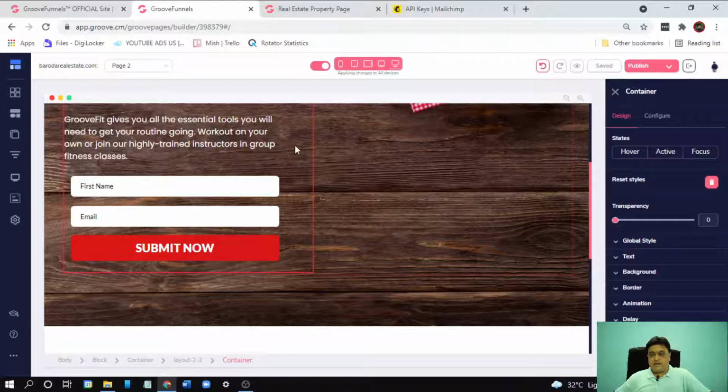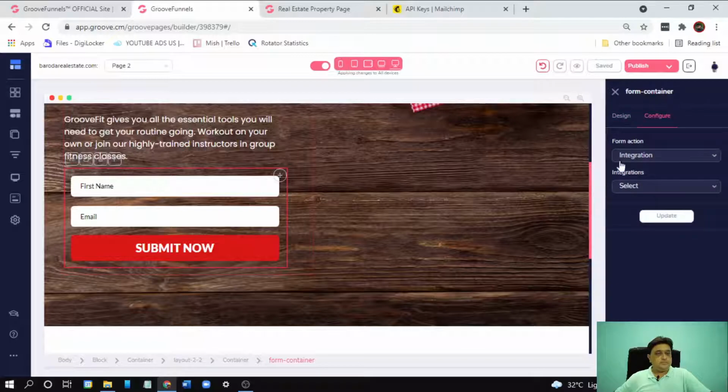This is the main container, and you have to choose the form container. This is the form container, guys. So we have to select the whole form container, go to configure, and select the integration.